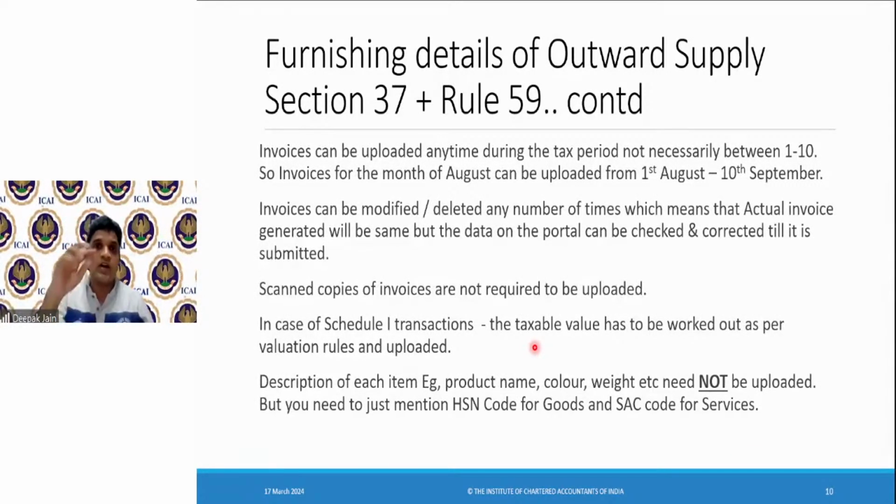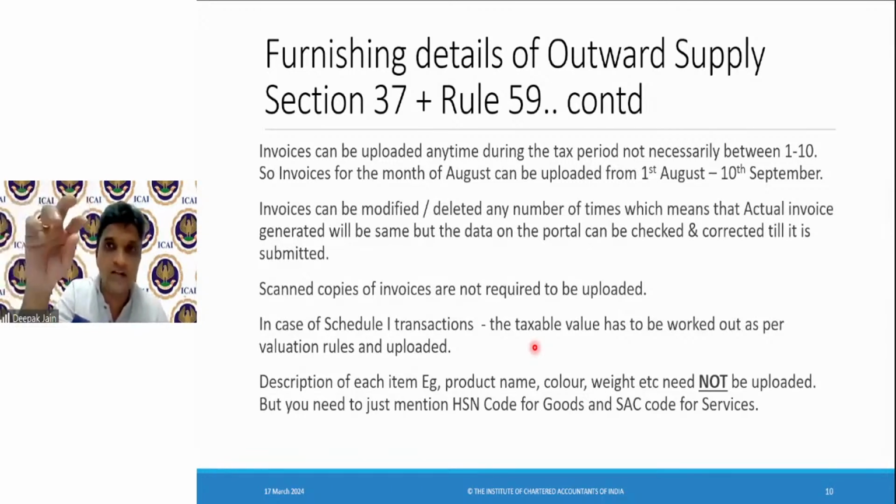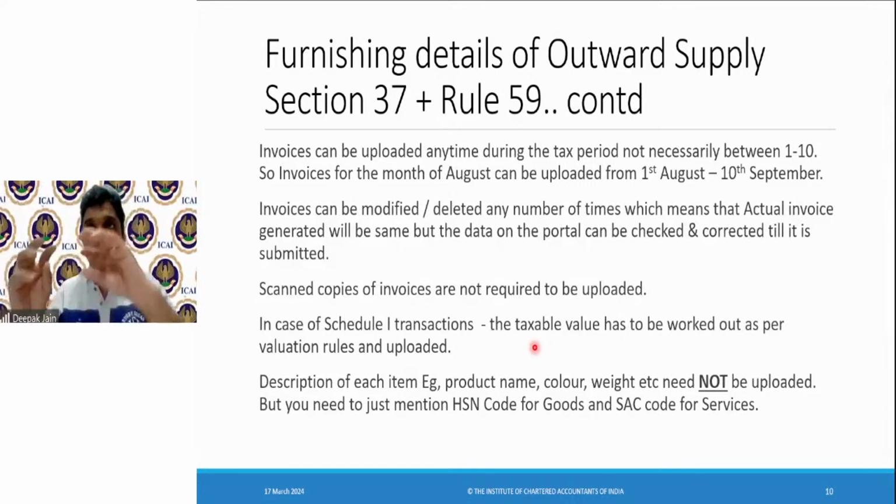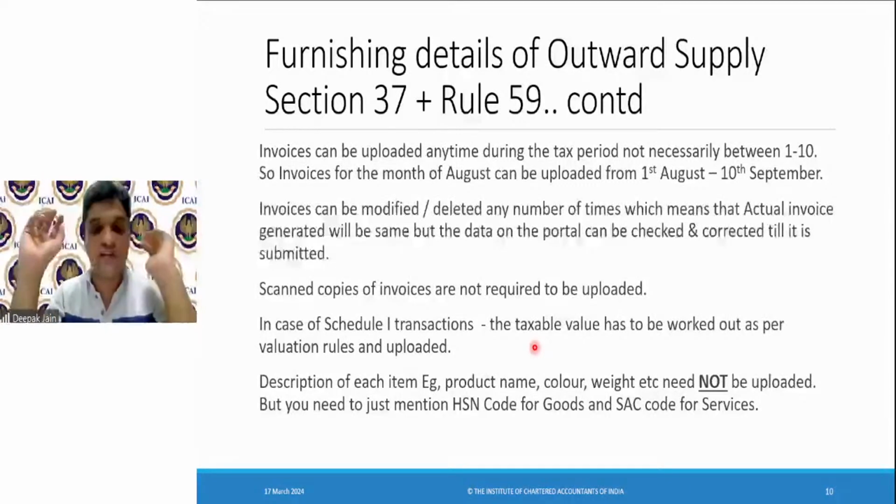So in between, the August month portal will open and it will allow you to file the data, but it will not allow you to submit. So you keep uploading the information. And if there's any mistake in the actual invoice and the data, you can do the correction because you have not submitted. You have not filed it. Once you file it, then you cannot change it. Before filing, it is not yet filed. So it's just draft data which is available.